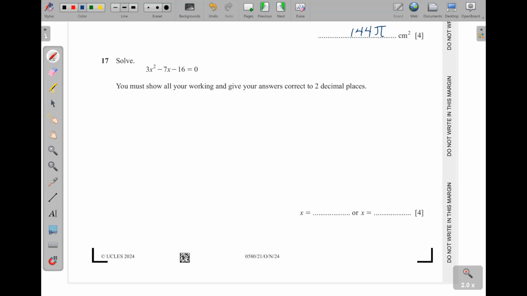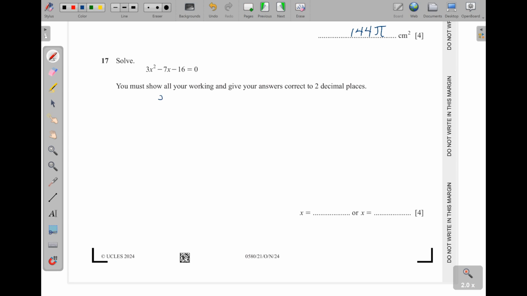Question 17. Solve the quadratic equation 3x squared minus 4x minus 7x minus 16 is equal to 0. You must show all your working and give your answers correct to 2 decimal places. The moment you meet that, you should know that the equation cannot be factorized. So therefore, you either use completing squares or the quadratic